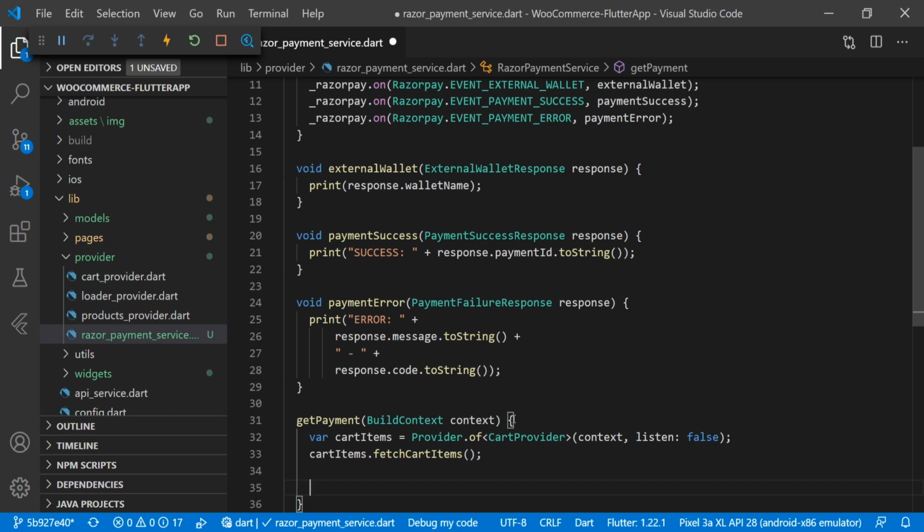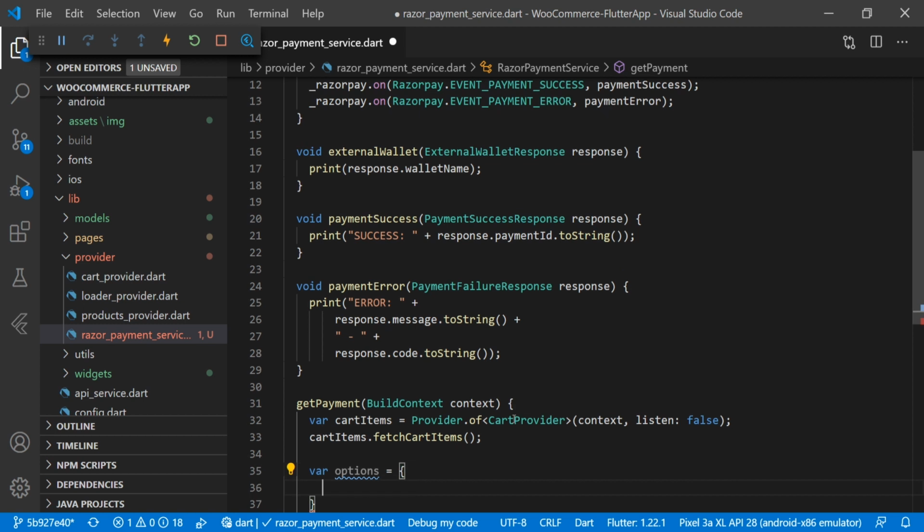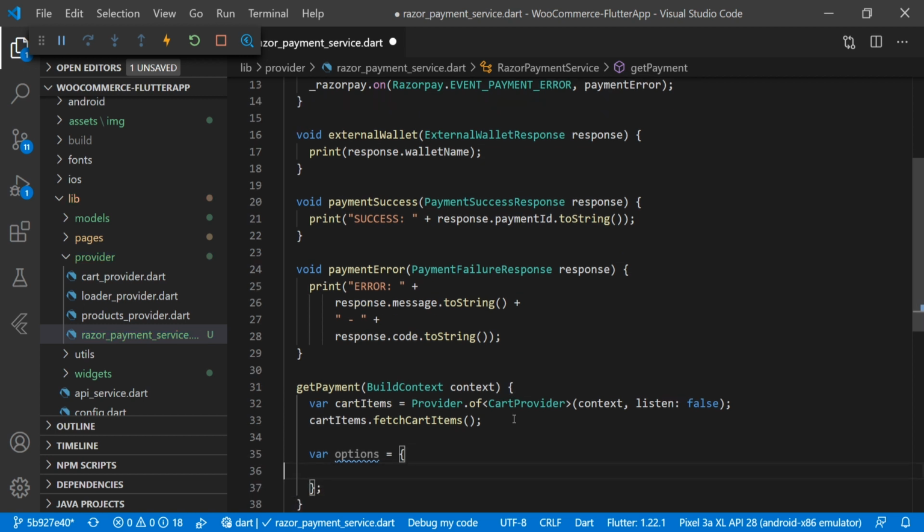What we are doing here is calling fetchCartItems so that we get all the cart items in our provider, and then we can access them and get the total amount which we have to pass to our payment gateway. Here we will create the options. This is the JSON which we have to pass to our payment gateway.